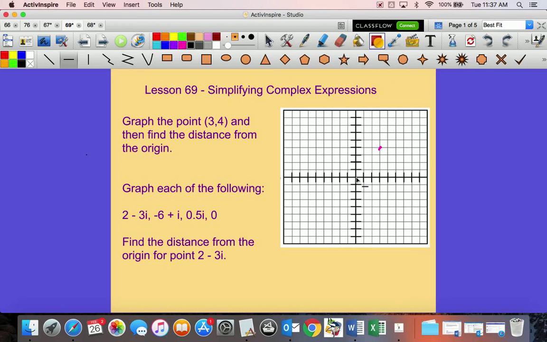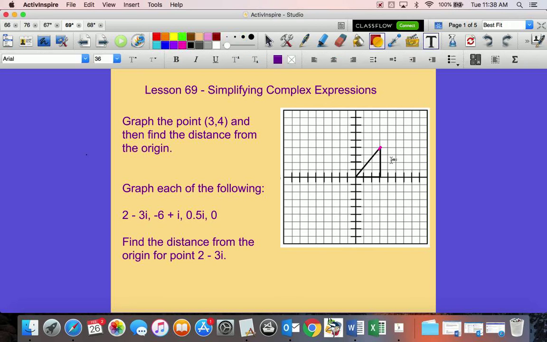Because we would come across here 3, and then we would go up 4, and what would happen is we would have this right triangle here to be able to figure out that distance between them. Now you guys know you could use the distance formula, but at the same point we could just do the Pythagorean theorem, because we know that the bottom side is 3, and then we know the right side here is 4, which then we do Pythagorean theorem, we go 3 squared